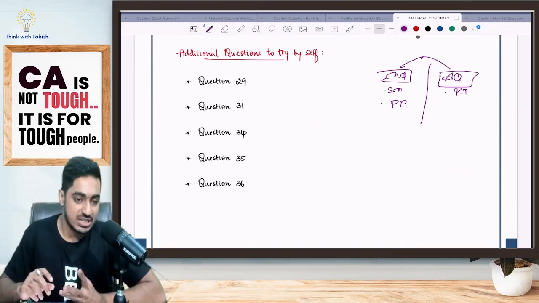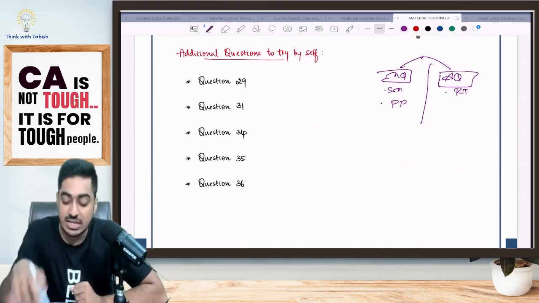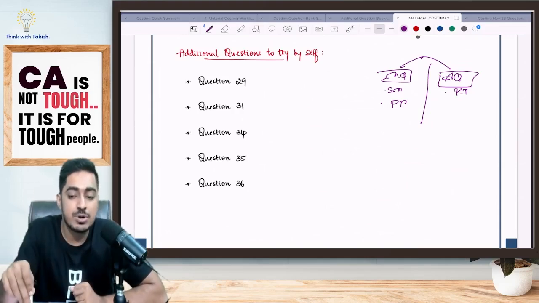Because MTP is a mock test, right? So it is examination standard level questions only. Then also if you have time, touch RTP. Now, sir, but RTP is important now. Yes, RTP is important here, but there is an issue with RTP. What is the issue with RTP? RTP is for your revision.